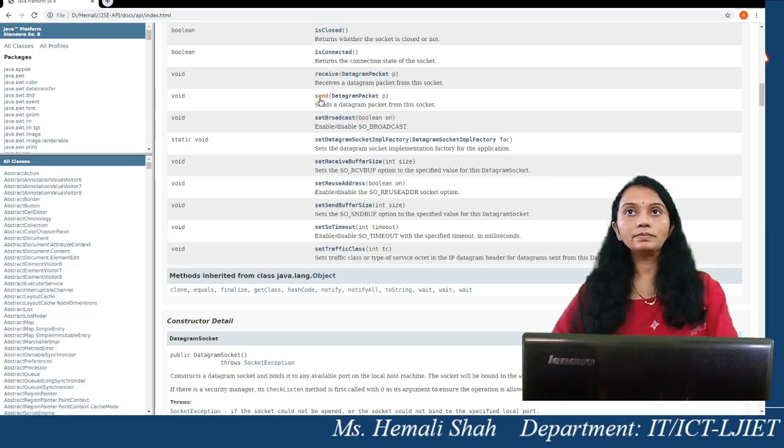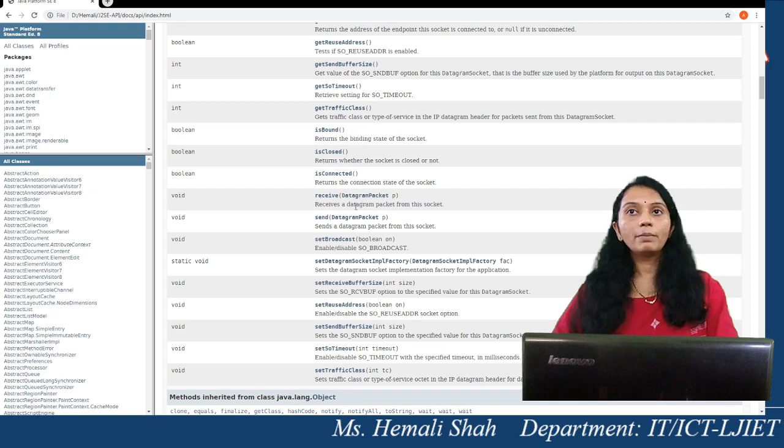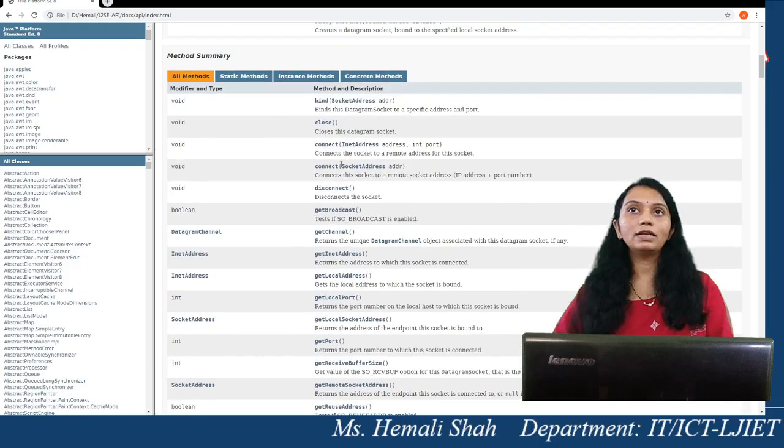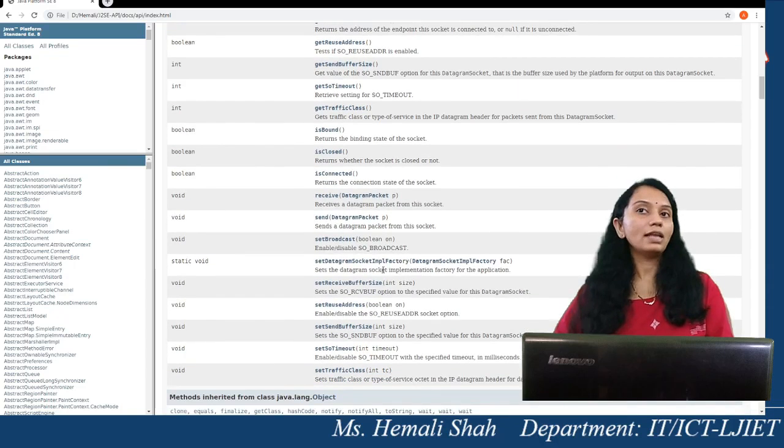Likewise, the receive function has the parameter DatagramPacket. So to send and receive, we will use these two functions, and both require the object of DatagramPacket. That's why we have to learn the DatagramPacket class also. Many other functions are available that you can call to provide facilities. Now here, in this connection-less mechanism, there is no connection between the client program and the server program. Here all the data travels from different paths whenever you are sending multiple data between the two applications, right?